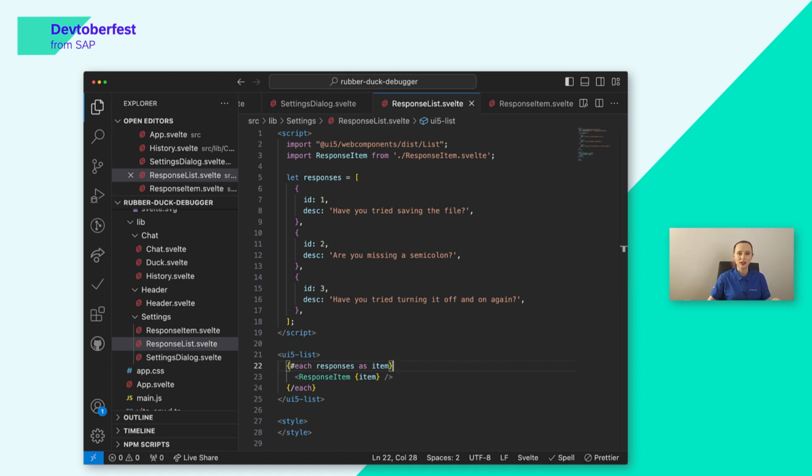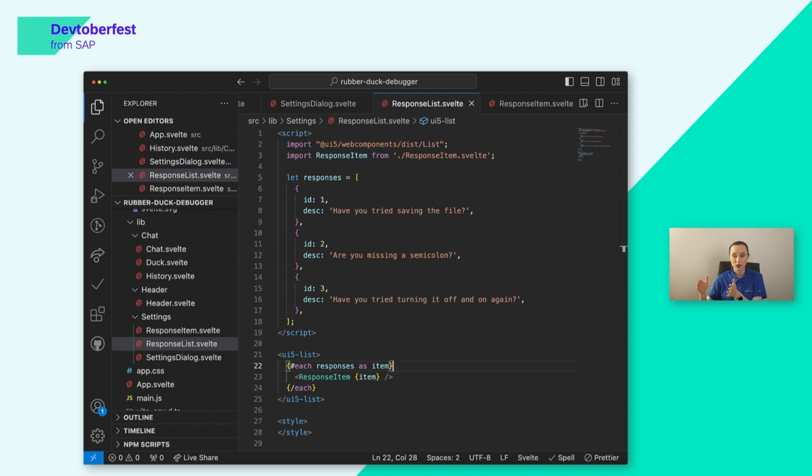Adding the remove functionality for the response items is going to be a little bit more difficult than any of the on-click functions we've added before. Because the responses array is in the response list and the response item needs to delete a response from that list, we will need to use a custom event, in this case, an item delete event. We will have the delete function set up in the response list, so the parent component, and then we will push that function down